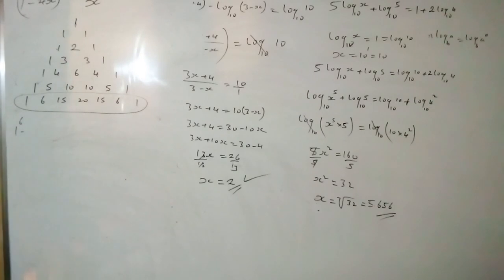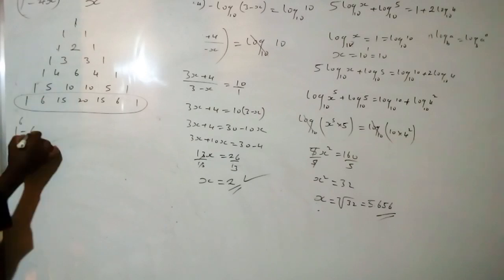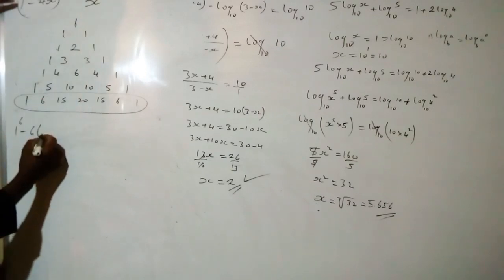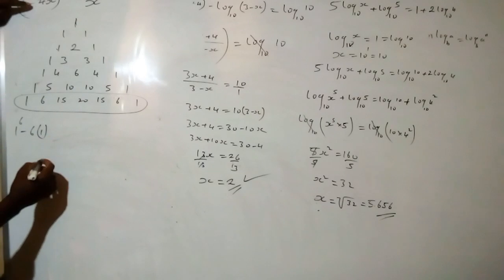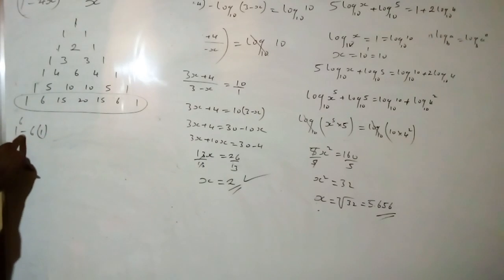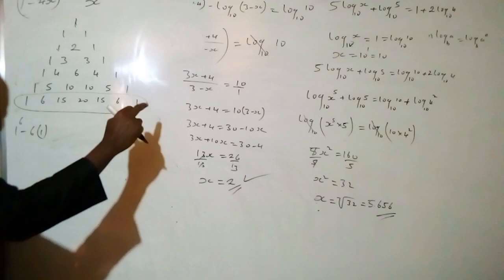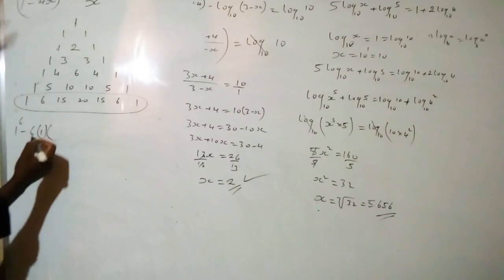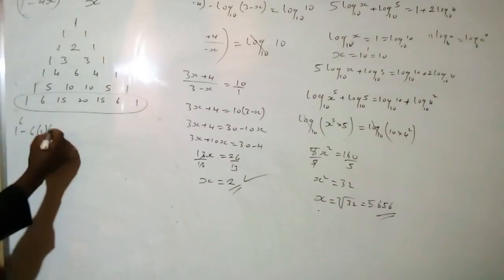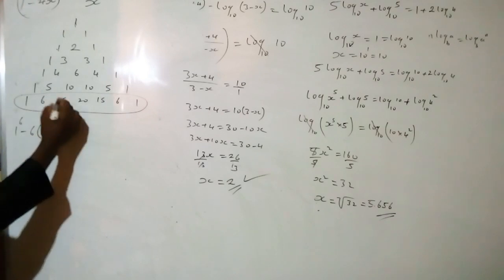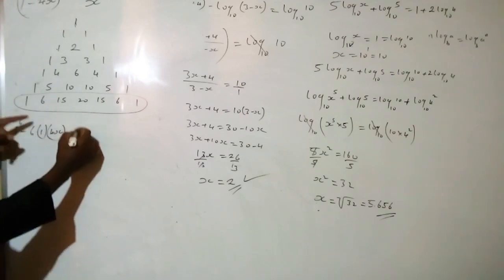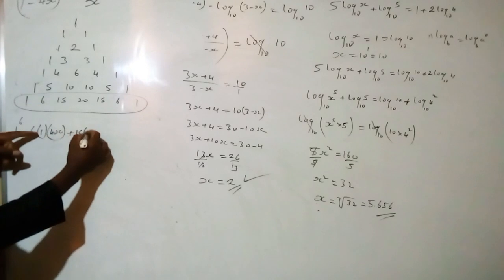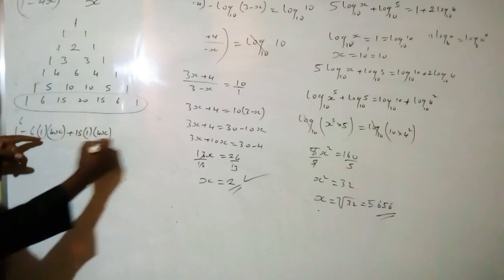You take this 6, you open the bracket 1, but since you have started with the negative, you are going to use it as consecutive: negative plus negative plus negative plus. But now our 4 we are going to put as a positive 4x. Next is negative plus 15, open the bracket 1, 4x, next negative plus minus